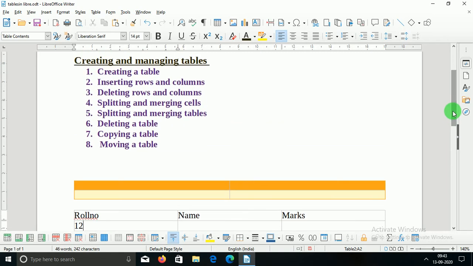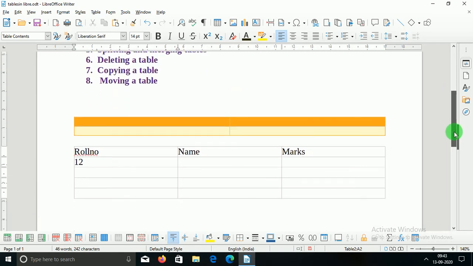Then inserting rows and columns. How can we insert rows and columns? Supposing here I write Anu and marks is 56, and now I want a row between the roll number heading and this 12. मतलब मुझे इन दोनों के बीच में एक row चाहिए. Then I just click here. Okay, my cursor is on the second row and here you can see these are some of the options related to the table.